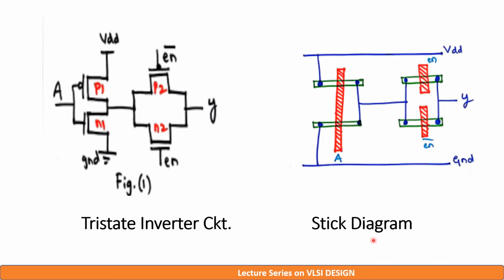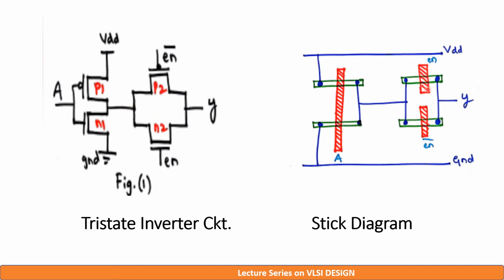Now let us draw the stick diagram for the tri-state inverter. As mentioned in the previous slide, a tri-state inverter is a cascaded connection of a NOT gate and a transmission gate. So place one PMOS transistor, polysilicon overlapped with P diffusion, and polysilicon overlapped with N diffusion over here. Both gates are shorted for the NOT gate. Source of PMOS is connected to VDD, source of NMOS to ground. Both drains of the NOT gate are shorted, which gives the output of the NOT gate. The output of the NOT gate is fed as input to the transmission gate.